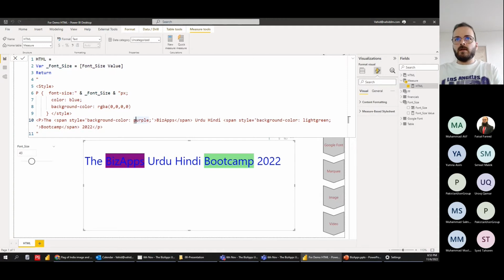Okay, so light purple. No, it doesn't have to line. That's okay. So I can say, okay, the Biz app with this color and the bootcamp with this different background color. So you can play with that and create a very nice text box with different colors,